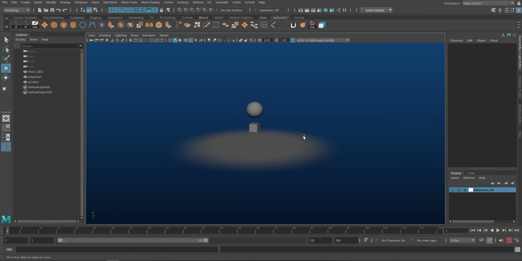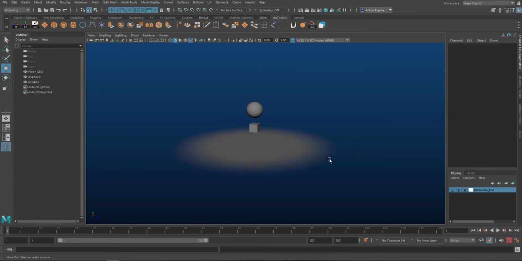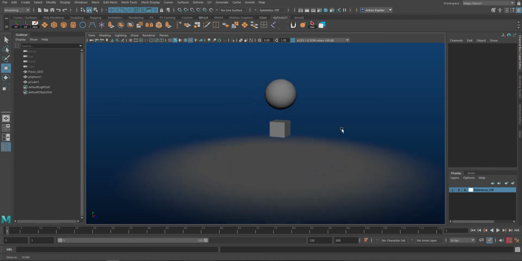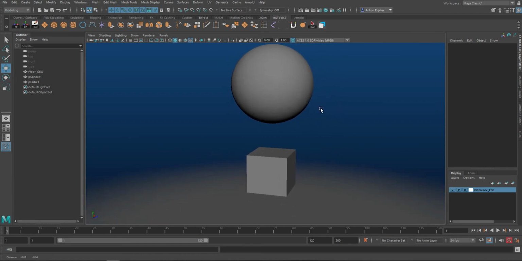So reference is I can see the object, but I can't select it. All right, so I can select the models in here, so I can model, but I can't select the floor, which is really great. Cool. So let's see. Next thing I want to do, before I start adding the lights and the camera,